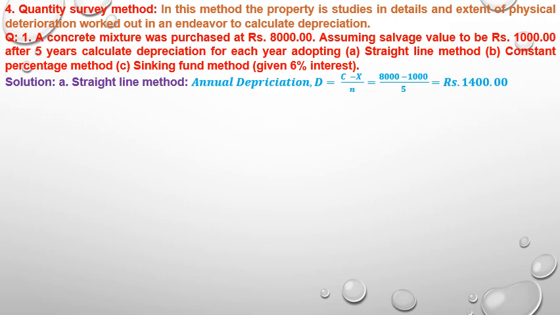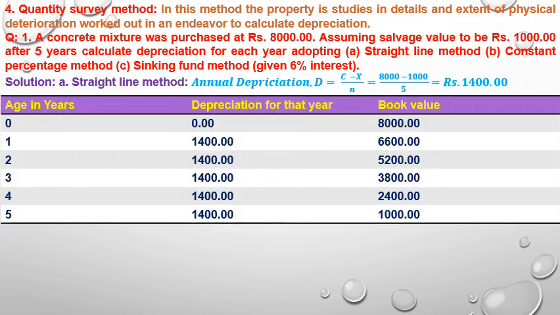In the straight line method, annual depreciation is original cost 8,000 minus 1,000 scrap value, then upon 5 years, equals 1,400 rupees. The table shows the depreciation and book value for every year. For the initial period, the book value is 8,000 and first year depreciation is 1,400. After the first year, the book value is